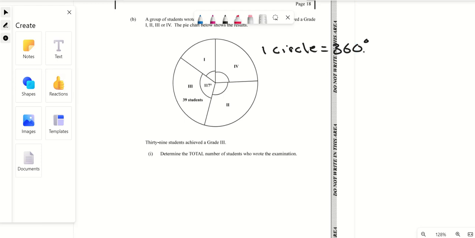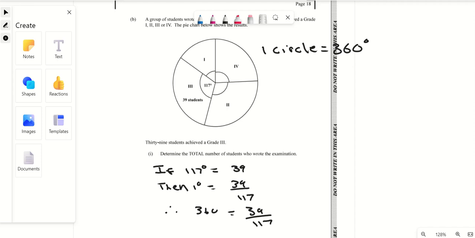So now we're going to say if we want students, so that is going to be on your right hand side. If 117 degrees is equal to 39, then 1 degree would be 39 over 117. Therefore, we want to find for 360, this is 39 divided by 117 multiplied by 360 over 1. When you multiply this out, you're going to get 120 students. That is how many